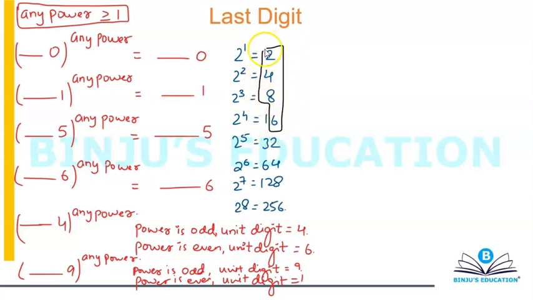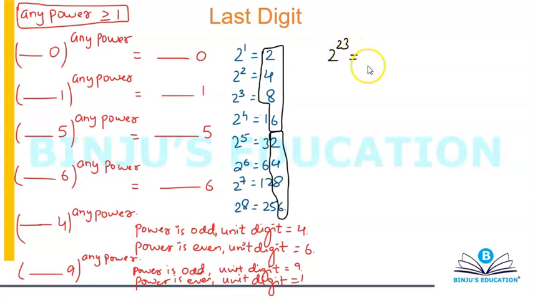So 2, 4, 8, 6. You can see that we have a pattern in the case of 2. That is, the unit digits have a cyclicity of 4. They are always in the form of 2486, 2486, 2486. So for example, if someone asks you what is the unit digit of 2 to the power 23,